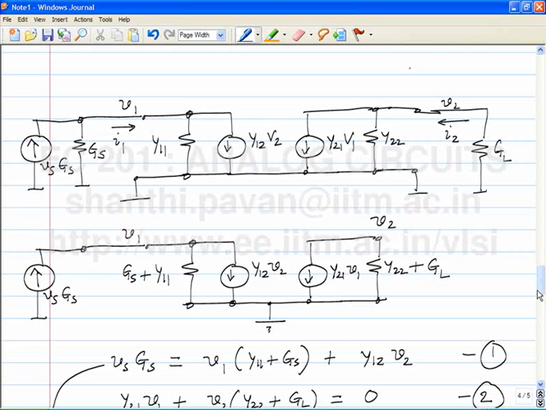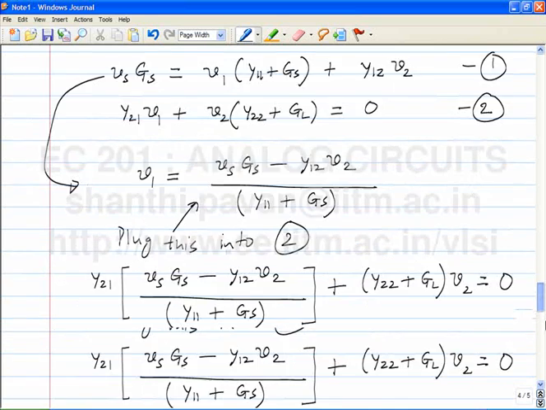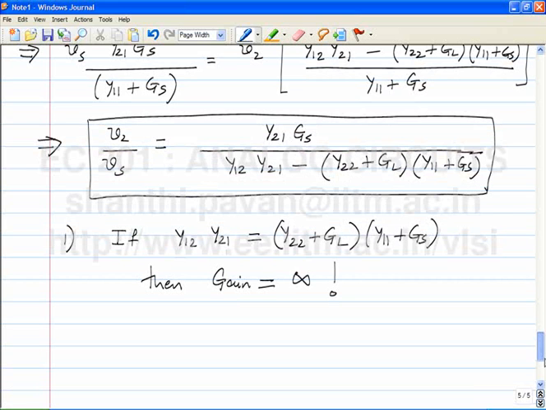Which means that however small Y12 is, you can always make the gain infinite by increasing Y21. That's what you just saw now, by increasing the volume, the gain of the amplifier, you are increasing